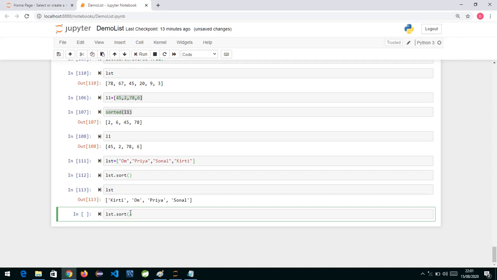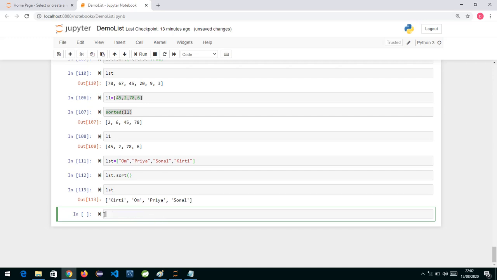So now we can either create a function, or we can write key equals, and now we need to specify a function over here.